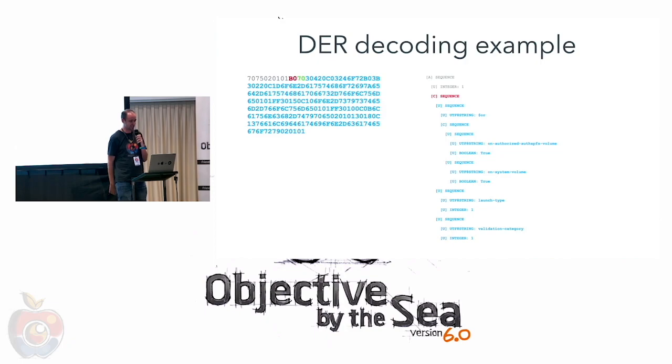Then we have another sequence with some other flags. Again, we have the size and then the data. And then inside the sequence, we have another sequence. And we can go on. Then we have a string, which is 0C, and 03 is the length, and actually 24 6F 72 is like the ASCII encoding of $or. Then we have another sequence, and inside the sequence we have another sequence, and inside that we have a string,